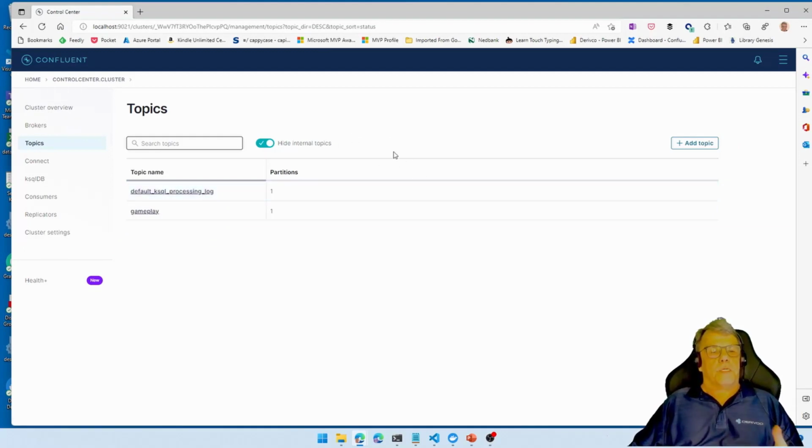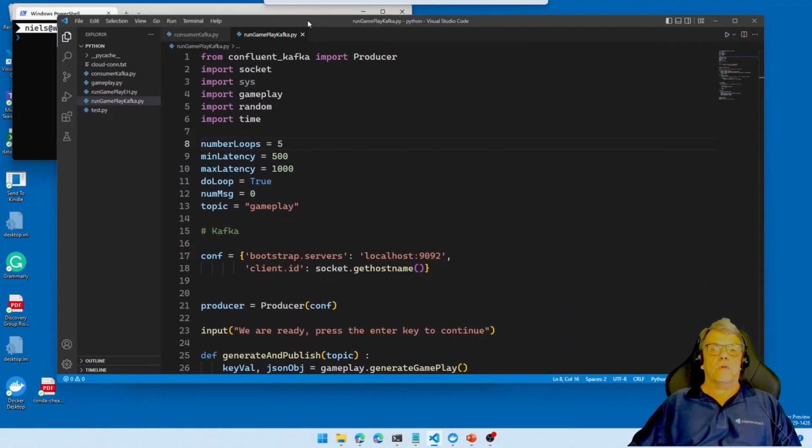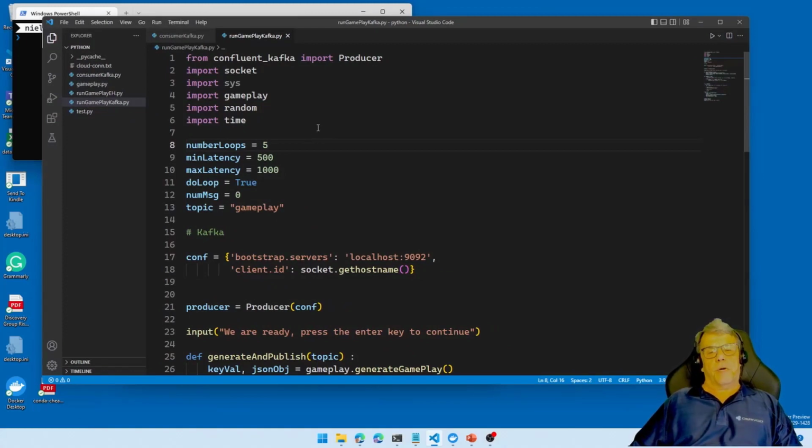Now to publish and consume, we are using Python. I am normally a .NET dude, but I kind of like Python. I'm not an expert in any shape or form, so I'm probably doing a lot of wrong stuff here, but well, it works on my machine, or at least it used to work on my machine. So let's see if the demo gods are with me.